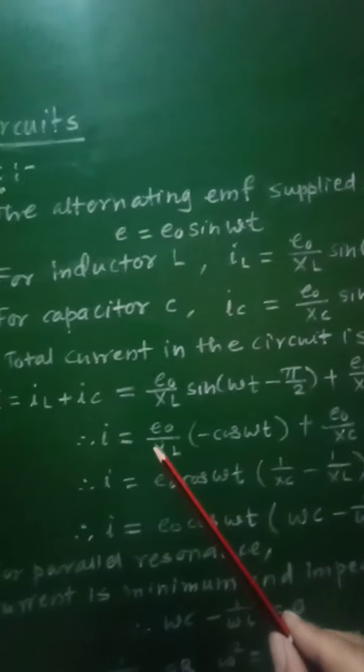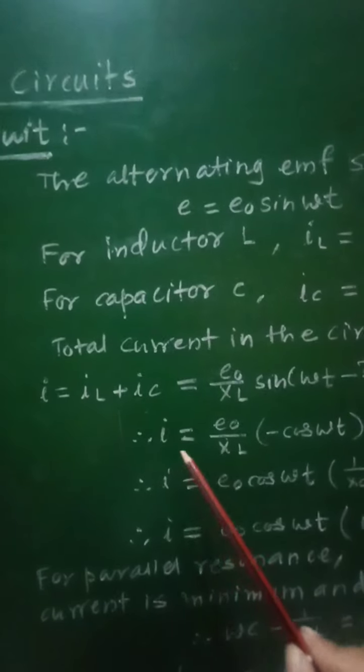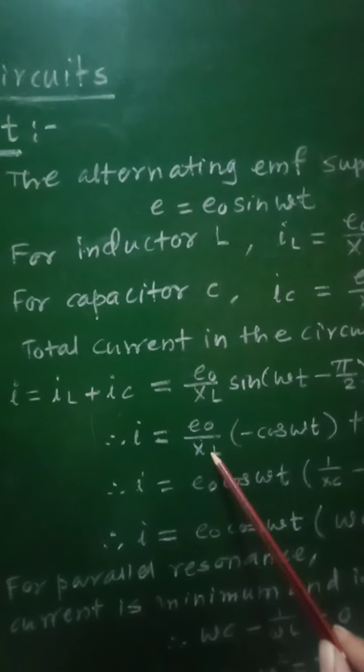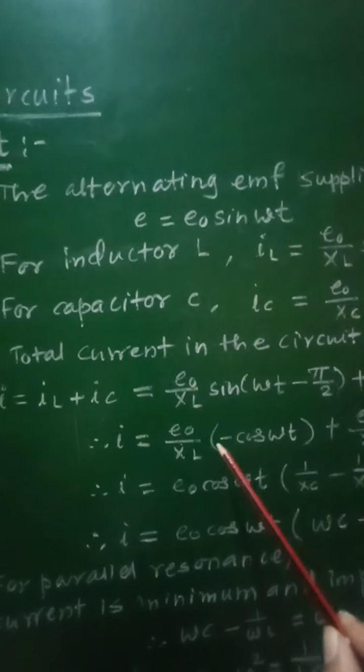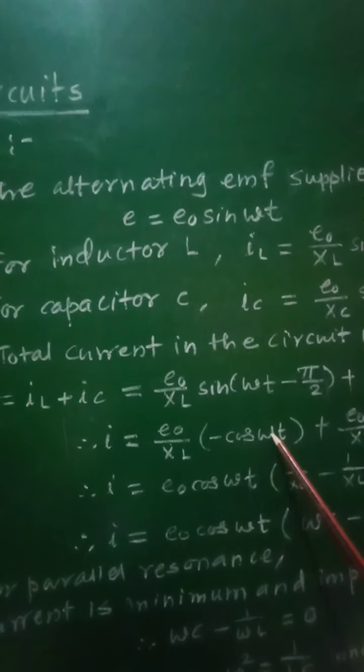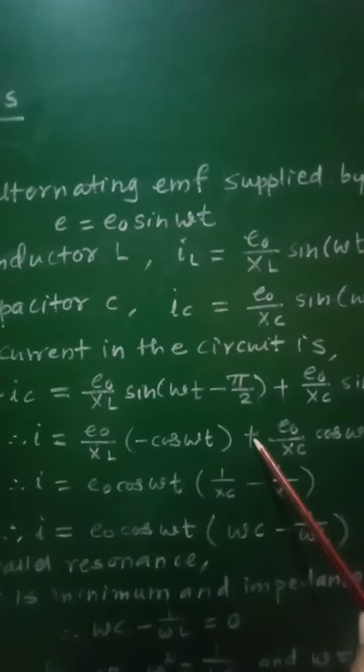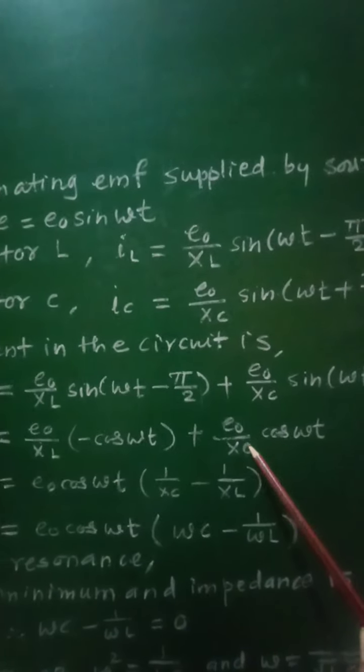It will be written as I is equal to E0 upon XL. Now sin of omega t minus pi by 2 is minus cos omega t, and then plus E0 upon XC